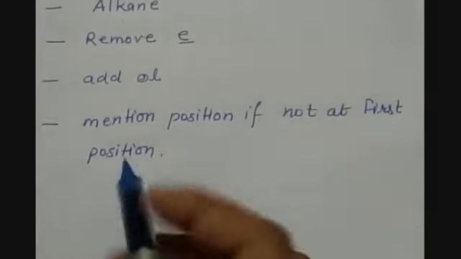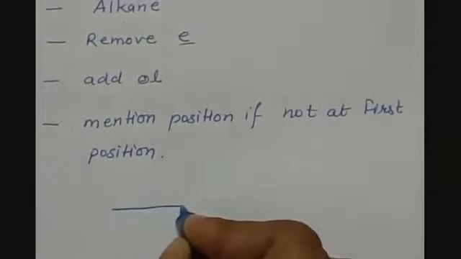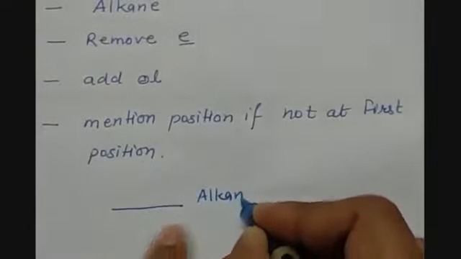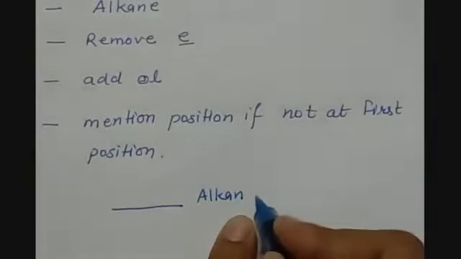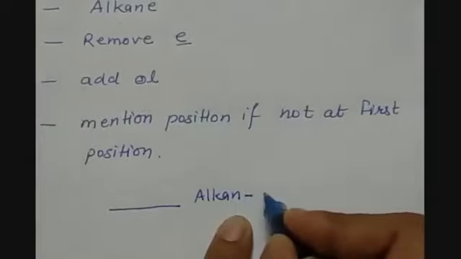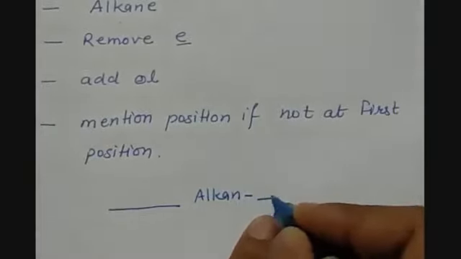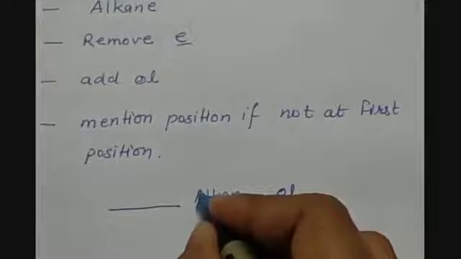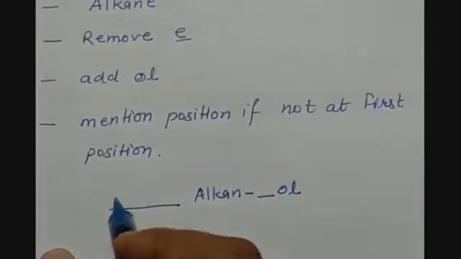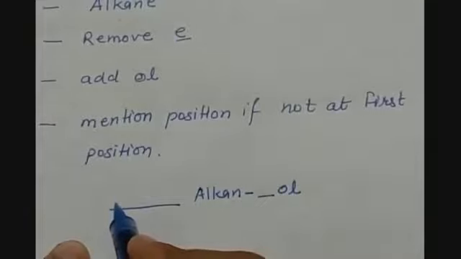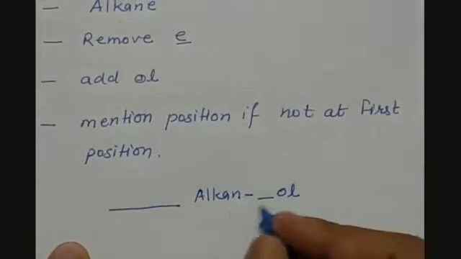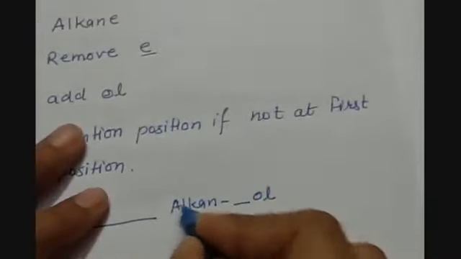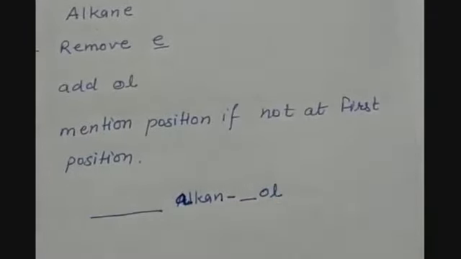And it should be mentioned in such a way. First we have to write the prefix if it is there. Then we write the alkane chain, only removing the E here, then we put a dash and mention the position on which the OH group is attached. Then we write ol. And remember that if a prefix is there, then only the first word of the prefix will be capital and other words will be in small letters. As we do not have a prefix now, this will be written as alkanol.